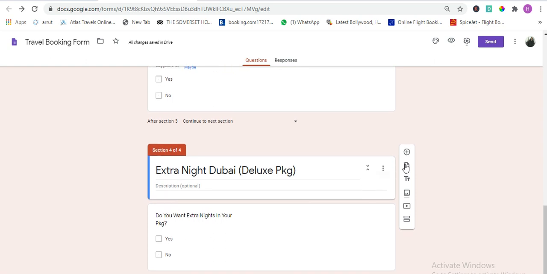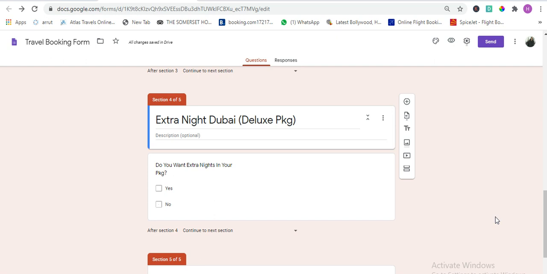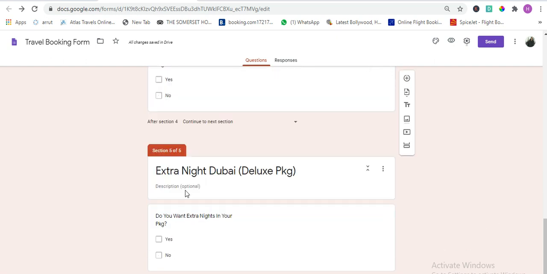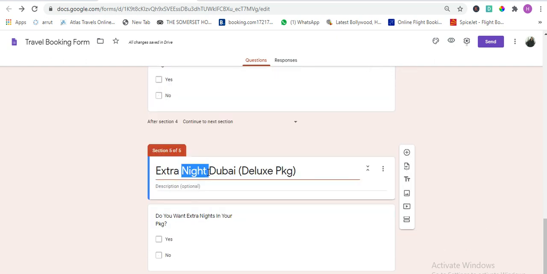I'll just copy this section and then modify it. So here I have one more section. I'll name this as additional sightseeing.